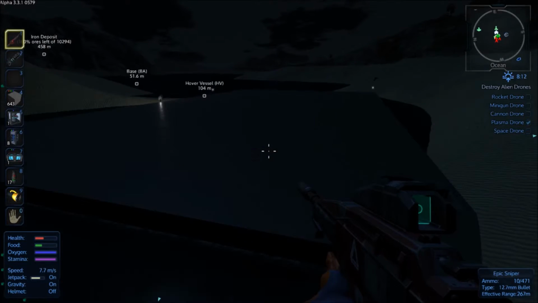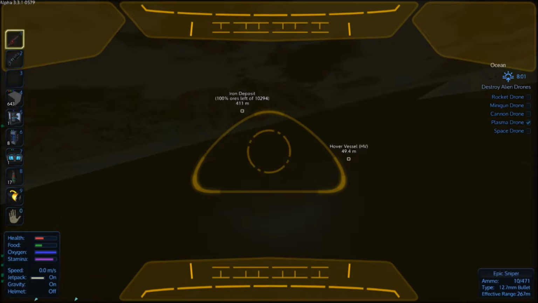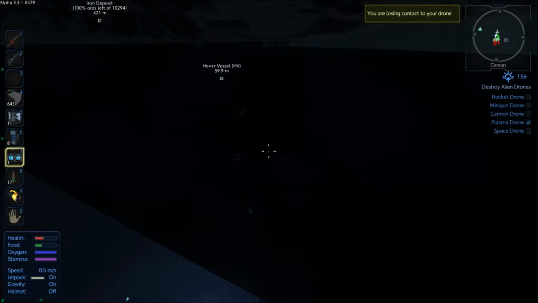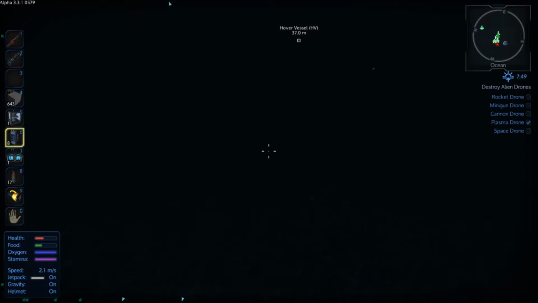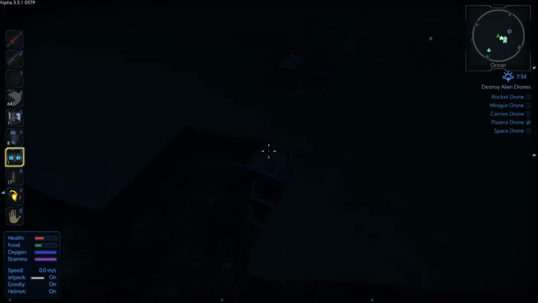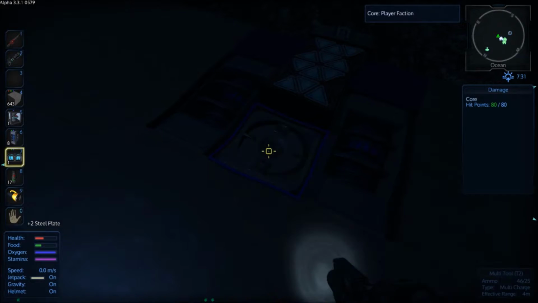Alright, let's come back over to this hover vessel and try to fix it and get it back on here. Alright, the fuel tank. Why is it not wanting to... Dang it. Looks like I'm going to have to go swimming. Alright, the fuel tank needs to go... That's not a fuel tank. Fuel tank. Fuel tank needs to go there,